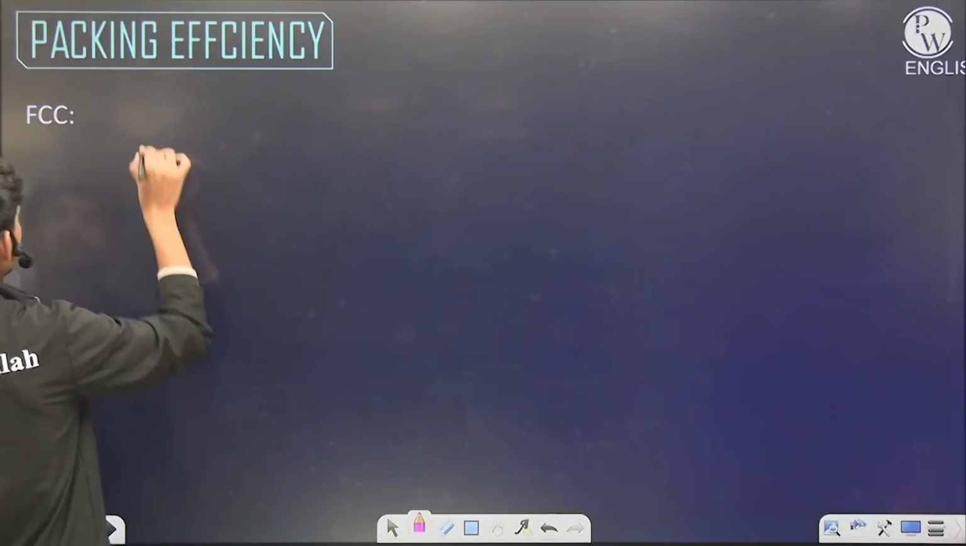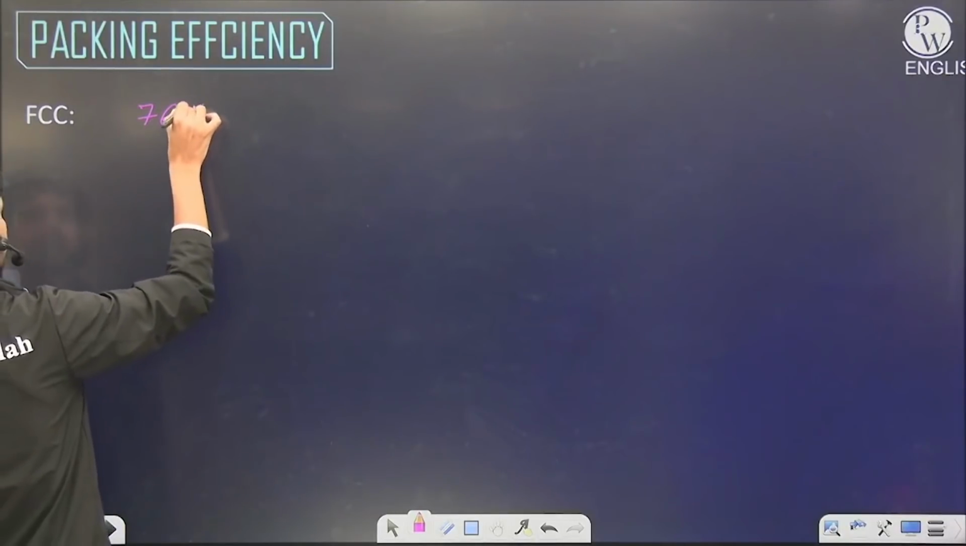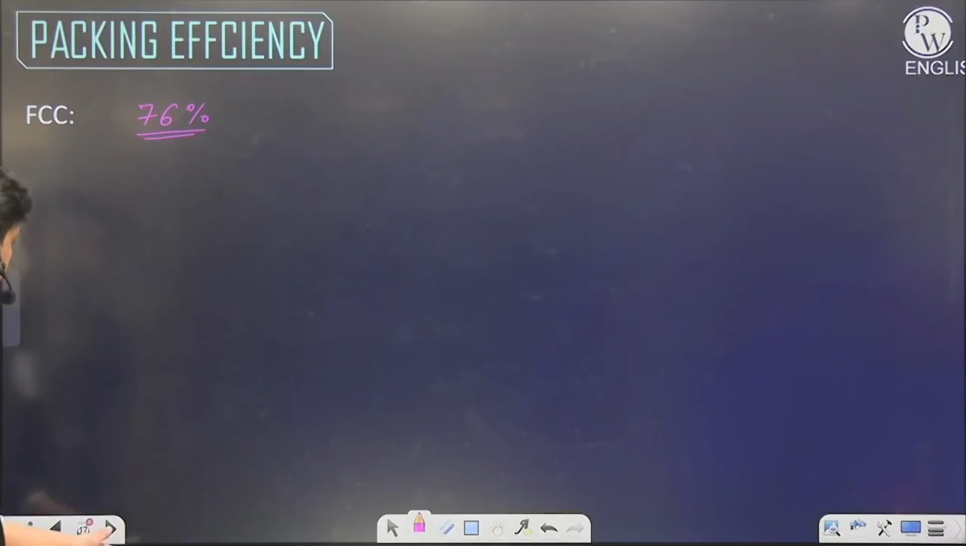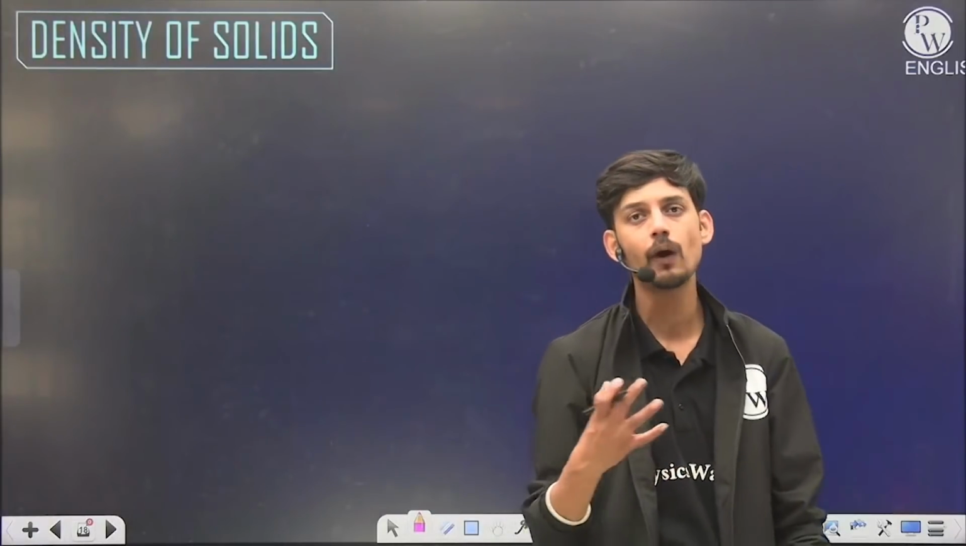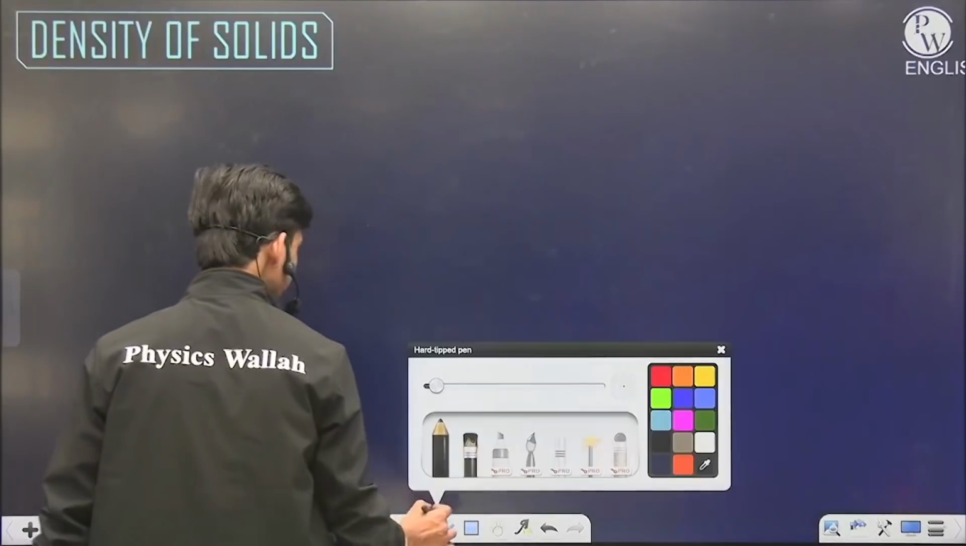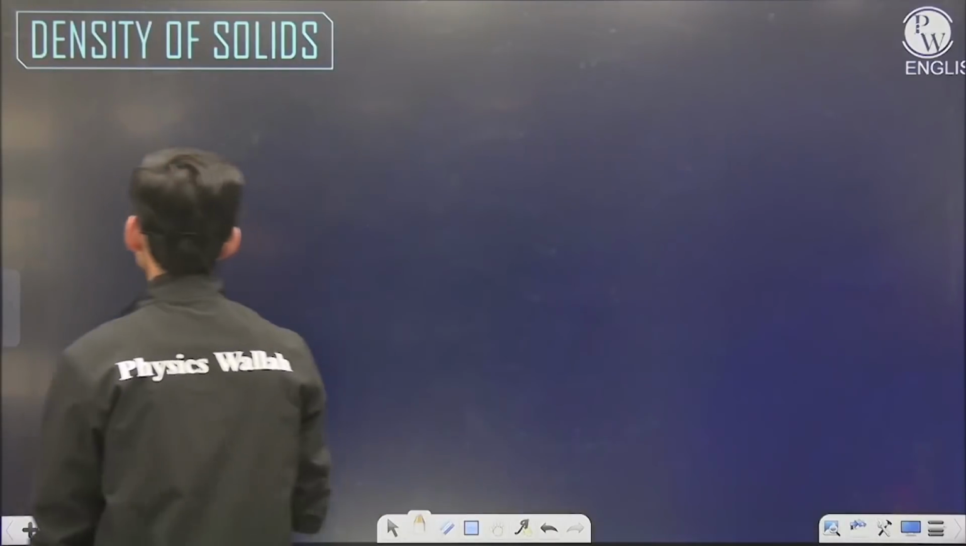And for FCC, it is 76%. The packing efficiency. Now let's talk about density. Density of solid. As we already know, solids are quite dense. So for density also, we only find